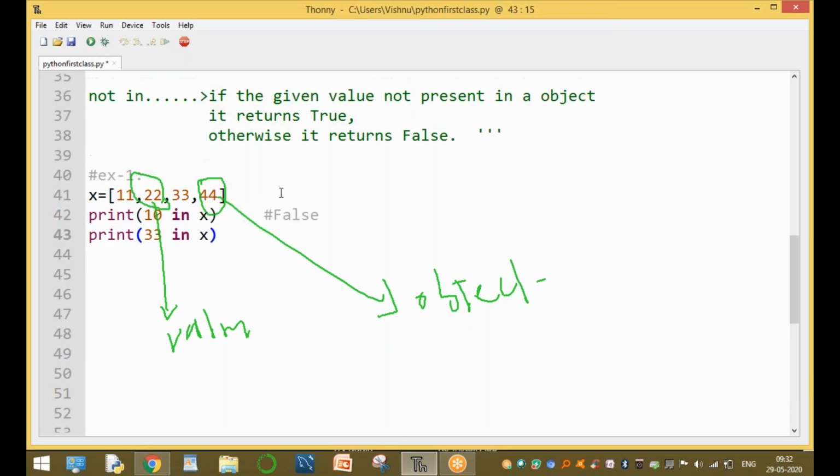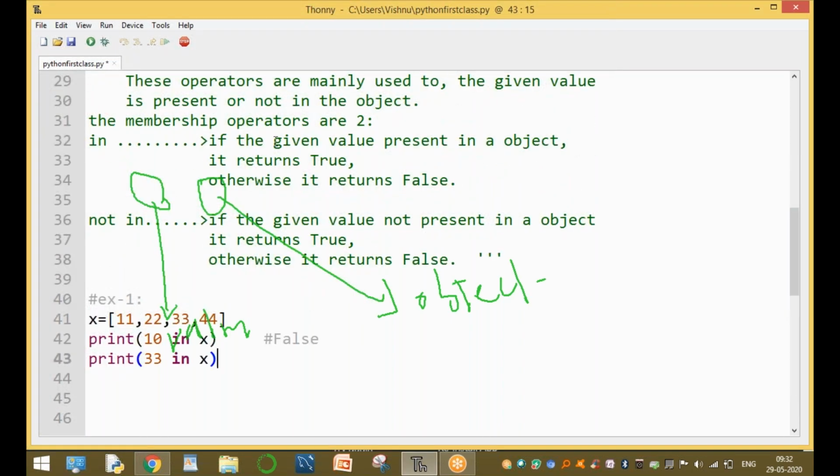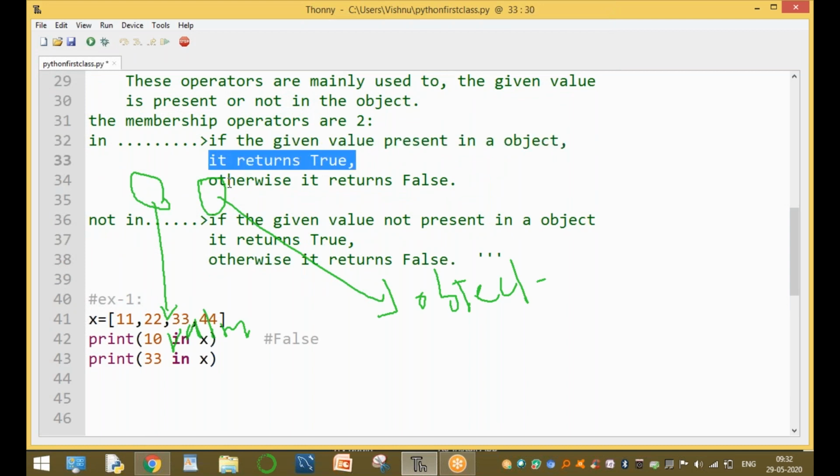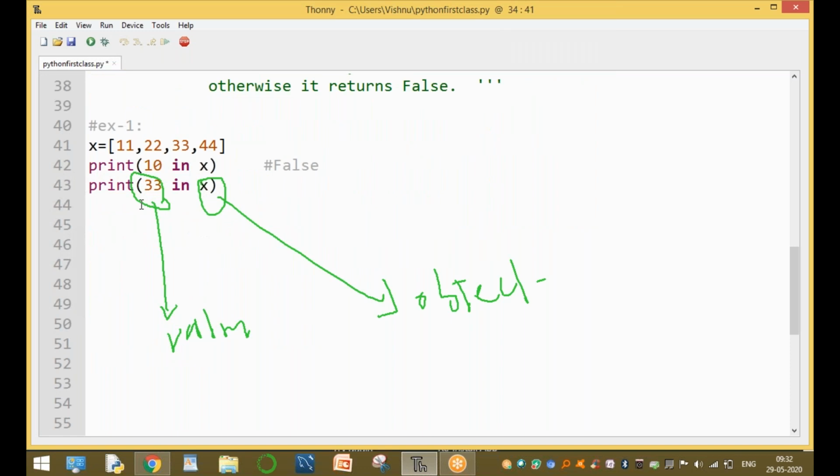Here we are using the in statement. If the given value is present in the object, it simply returns true. Otherwise, it returns false. So this 33 is present in x, so it simply returns the true value.